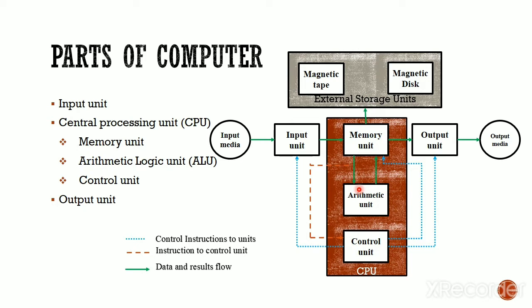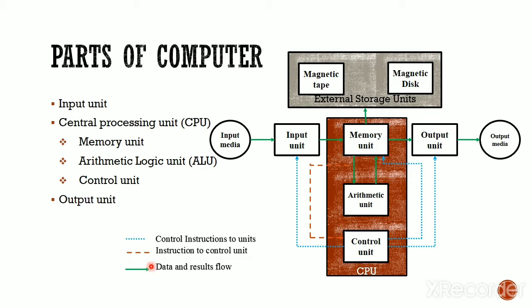And today we'll see about what happens once it moves on to the memory unit and does all the processing, whatever instructions are given. Once after completing all the things, it will move the result on to the output unit, and from there we get the output displayed on the output devices. And you have two kinds of memories, magnetic tape and magnetic disk. You can have extra kinds of memories also. So these are the control flows that are being explained.